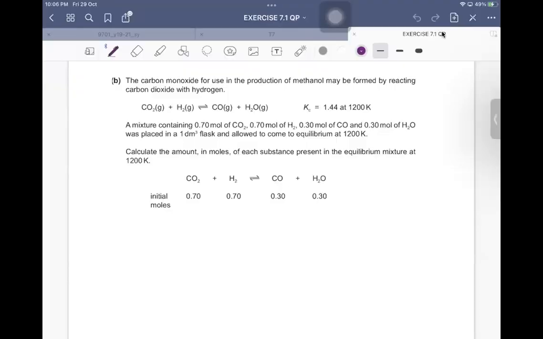The reason why I want to bring your attention to this is because this is the example that I did not give in your notes, but it's the kind of question that they ask in the exam. Okay, the carbon monoxide for use in the production of methanol may be formed by reacting carbon dioxide